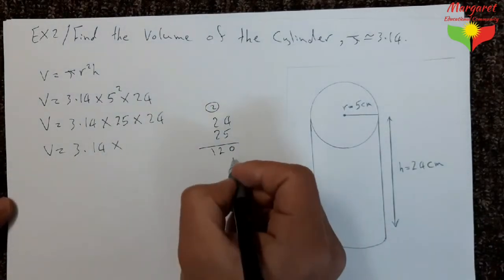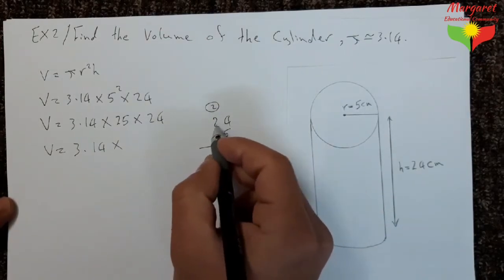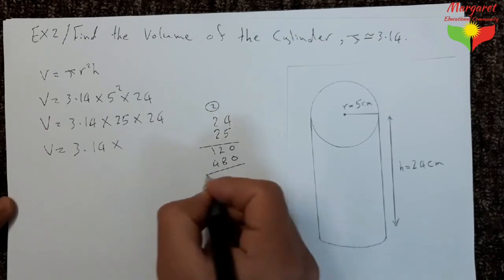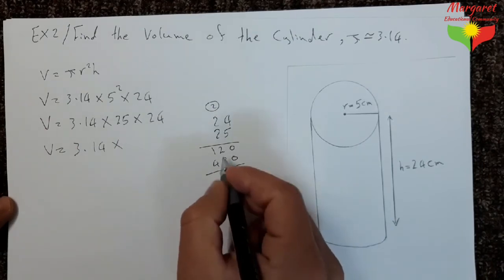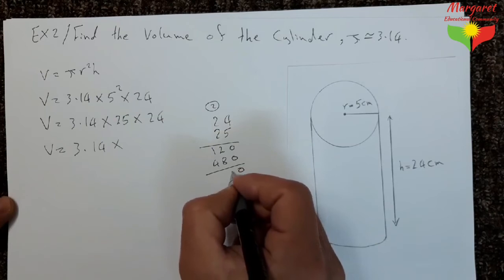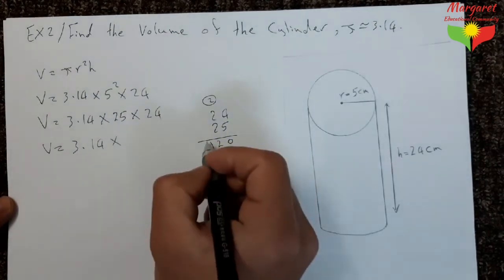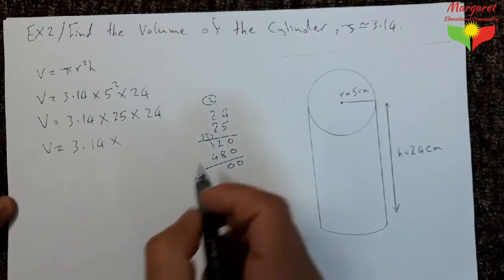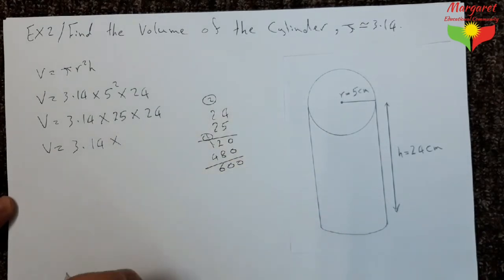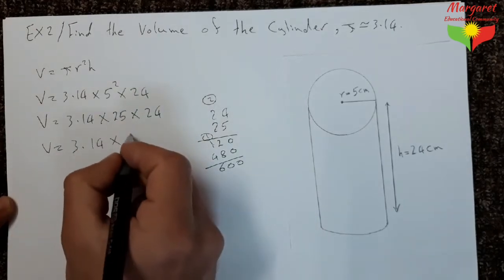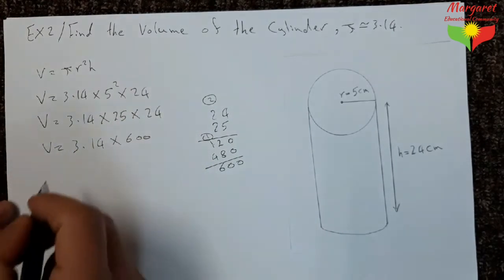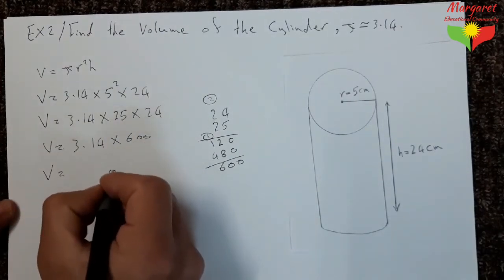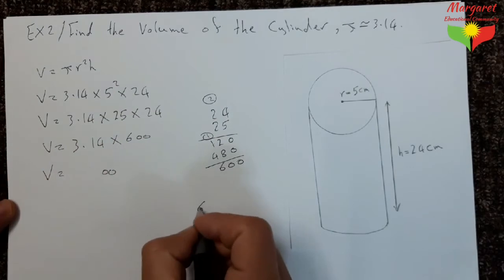And put 0. 2 times 24 equal to 48. 0 plus 0 equal to 0. 2 plus 8 equal to 10. Write 0 and put 1 up to here. 1 plus 1 equal to 2 plus 4 equal to 6. So equal to 600. So V equal to put 0 and 6 times